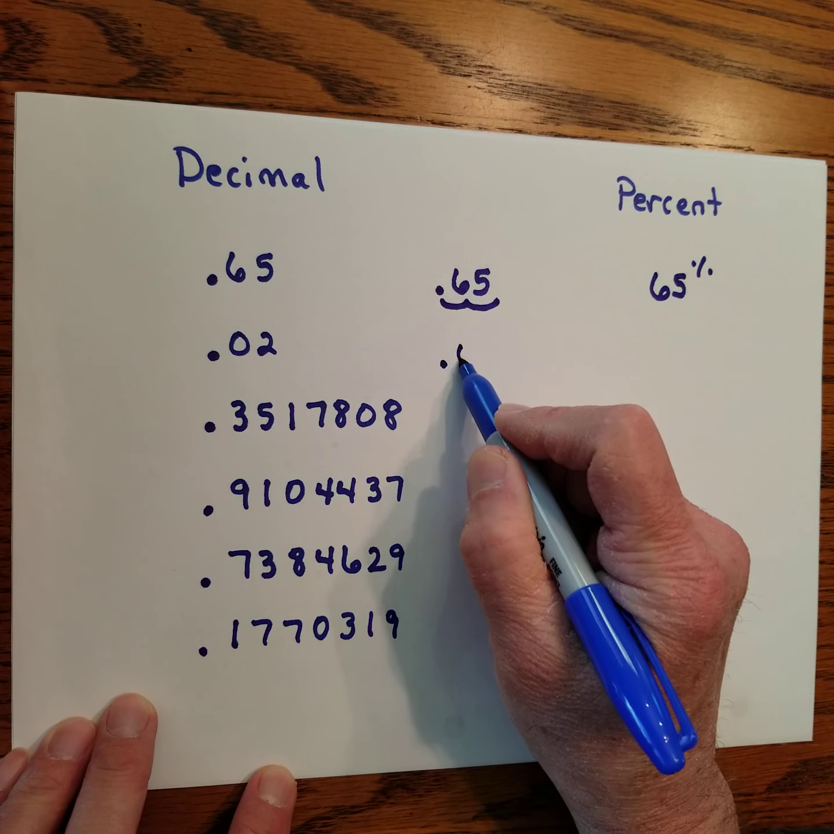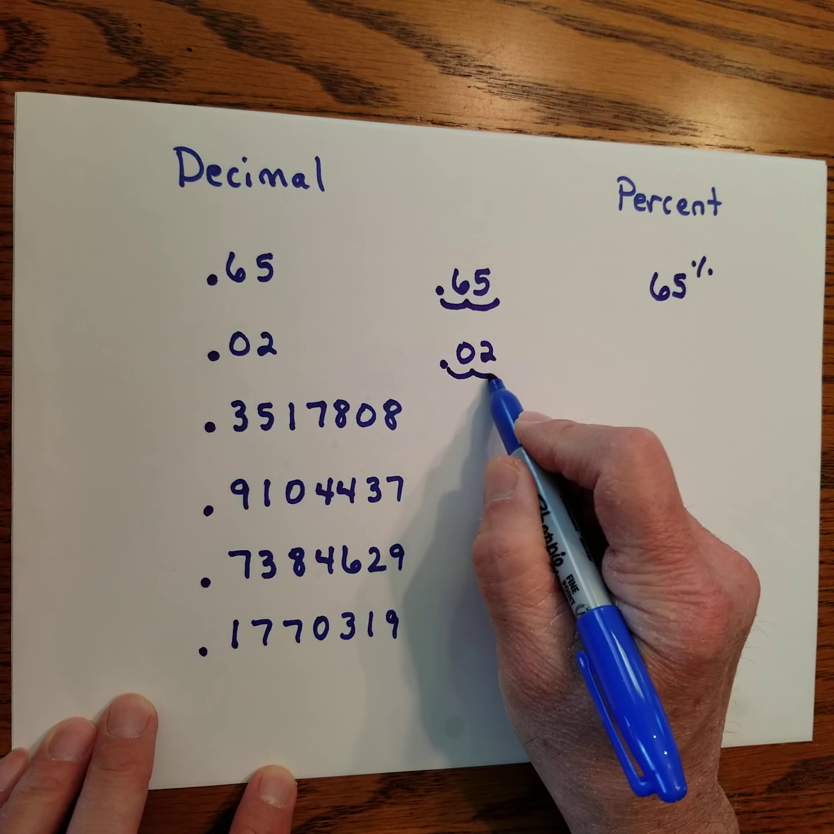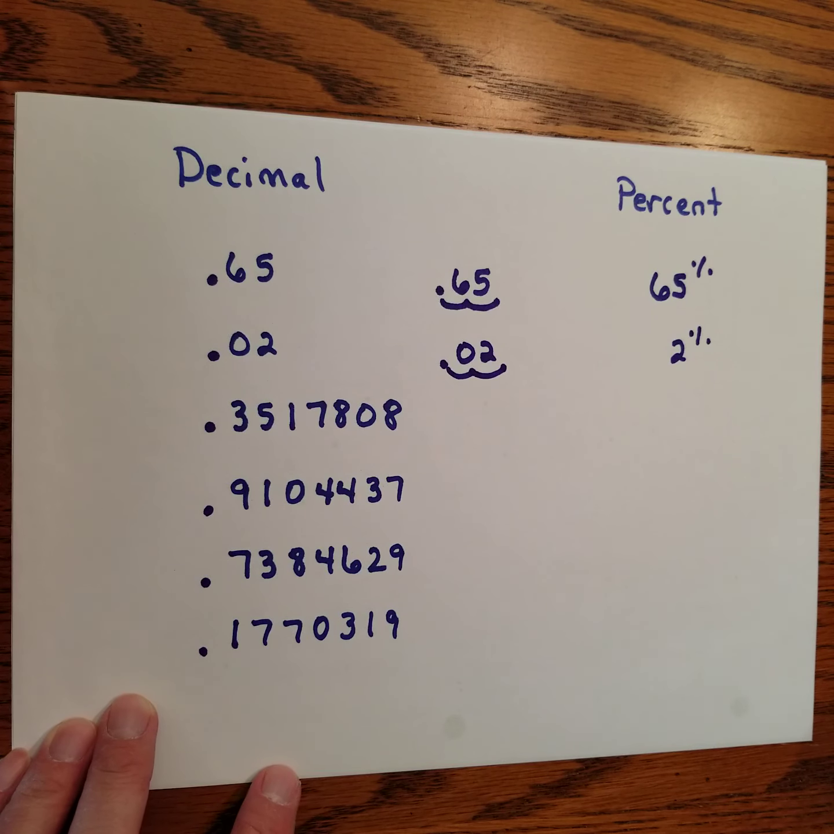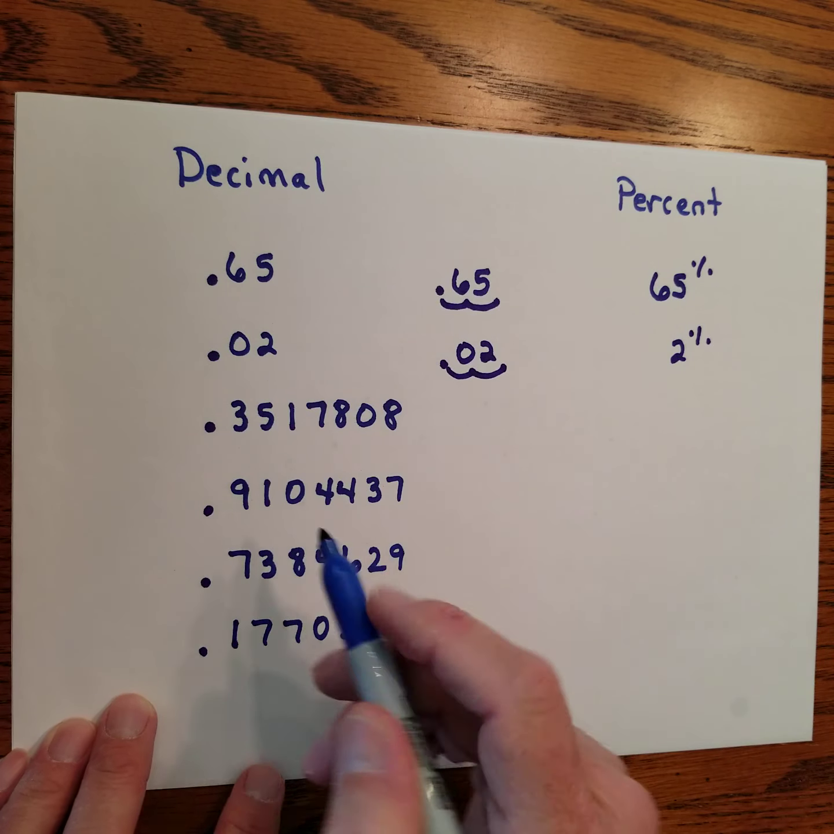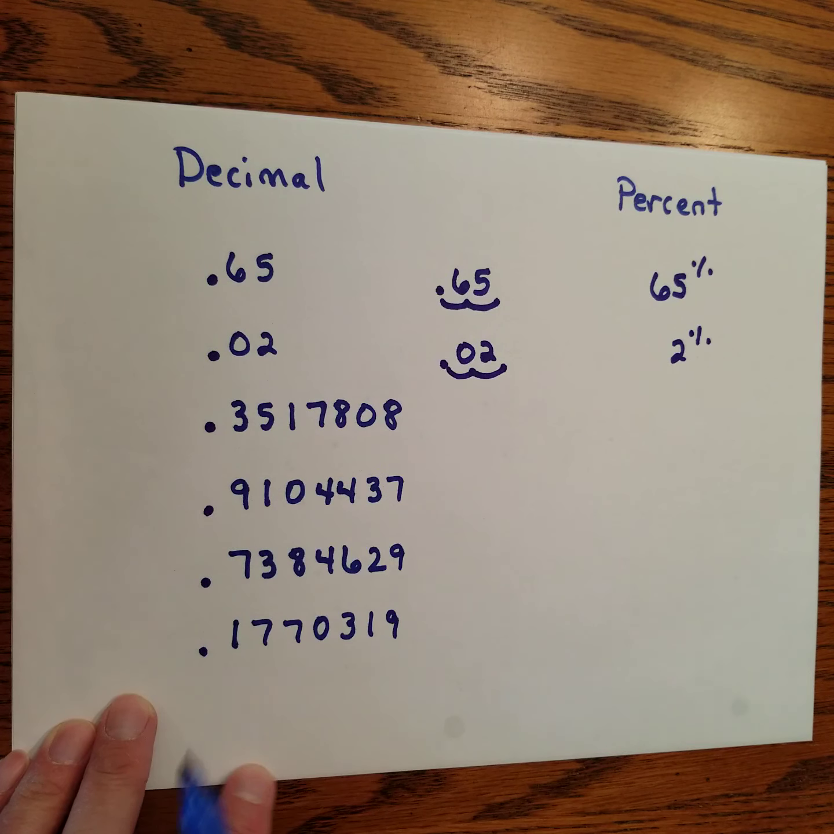0.02, if I move the decimal point 2 spots to the right, I no longer need the 0. It's just 2%. Now, when you work a practical problem, your calculator might give you a very complicated looking decimal